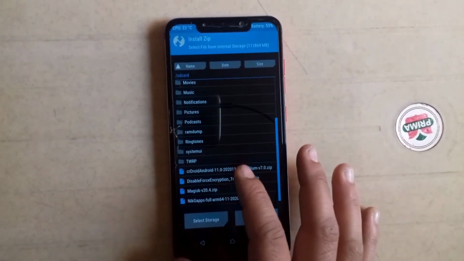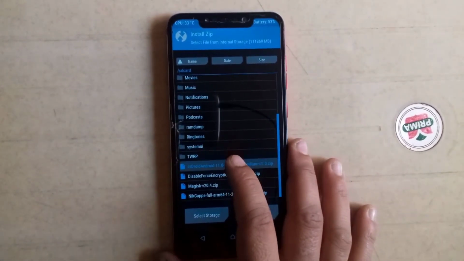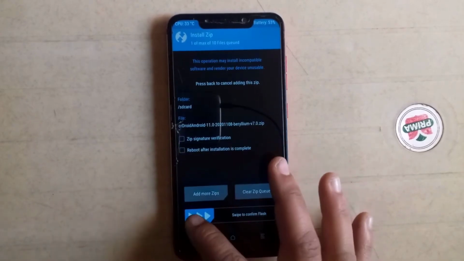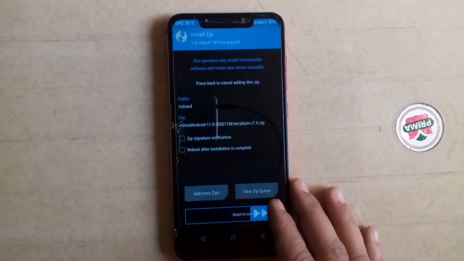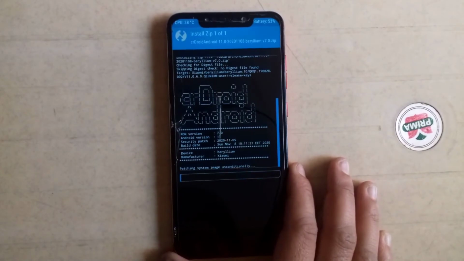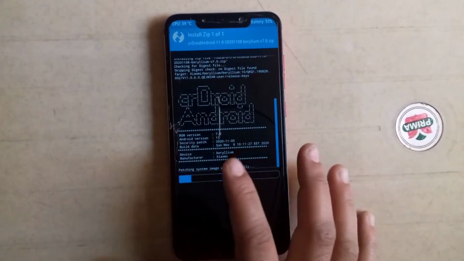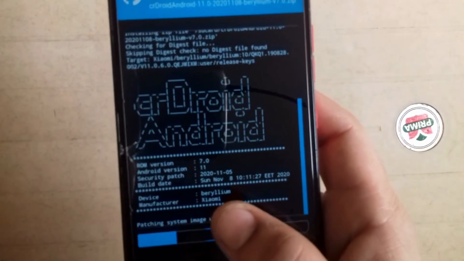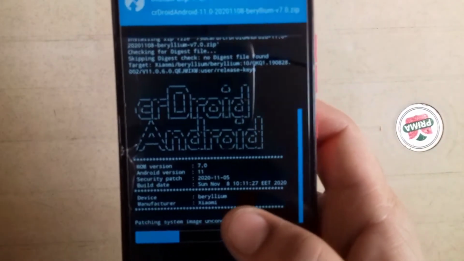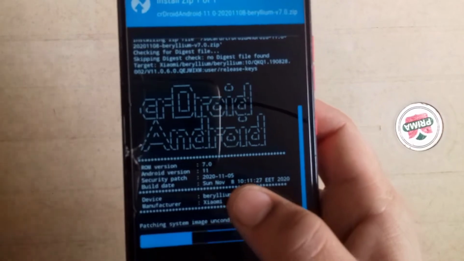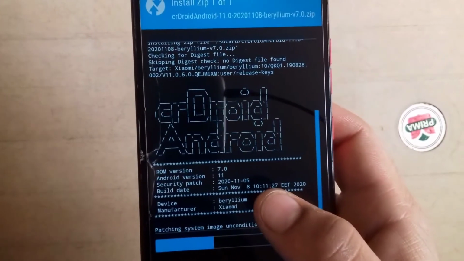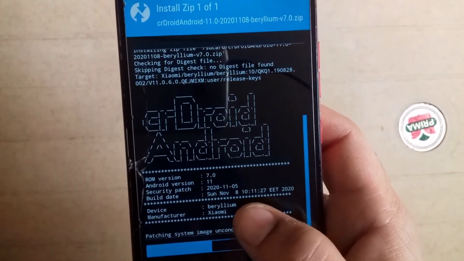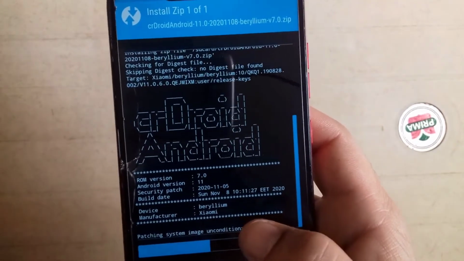So first of all, install CRDroid and click on swipe to confirm flash. Now custom ROM is installing, so wait. As you can see, ROM version is 7.0, Android version is 11, and security patch is 2020 11.5.